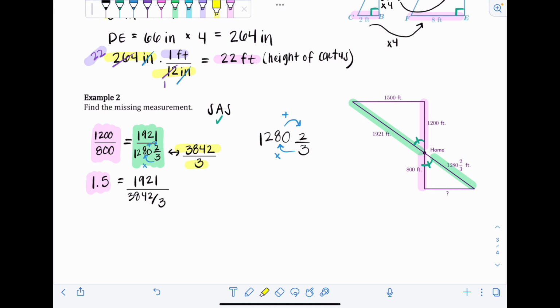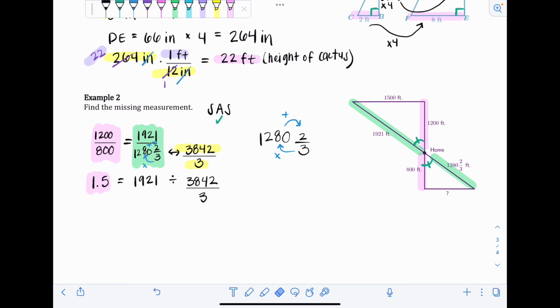So instead of writing it like this, I'm going to write it like a sideways division, because it's numerator 1,921 divided by the thing in the denominator, 3,842 over 3. And I think that's a little bit easier to know what to do with because instead